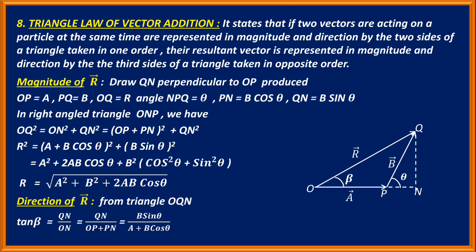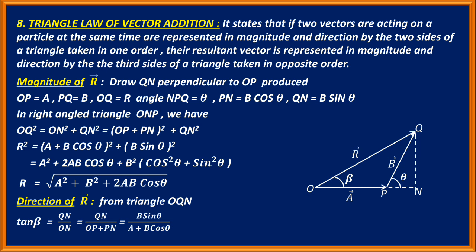Here ON is replaced by OP plus PN, so which becomes OP plus PN whole square plus QN square. Now putting OP, PN and QN, we are getting R square equal to A square plus 2AB cos theta plus